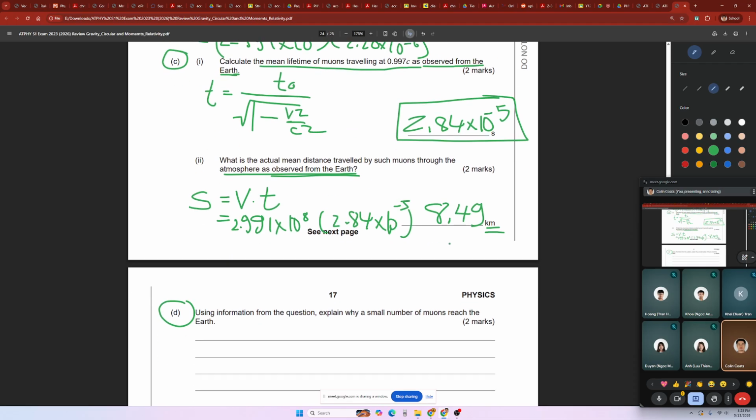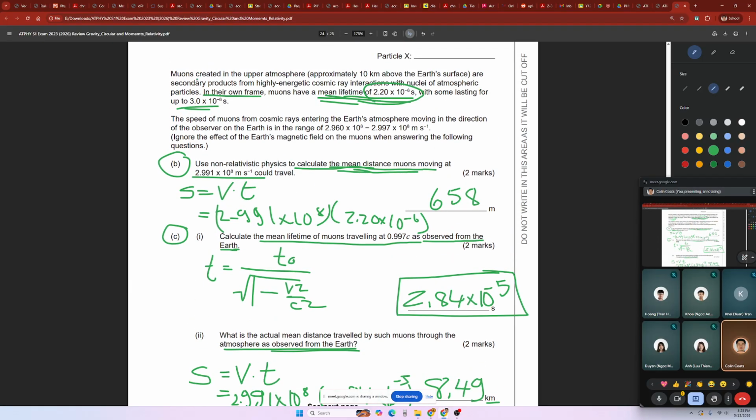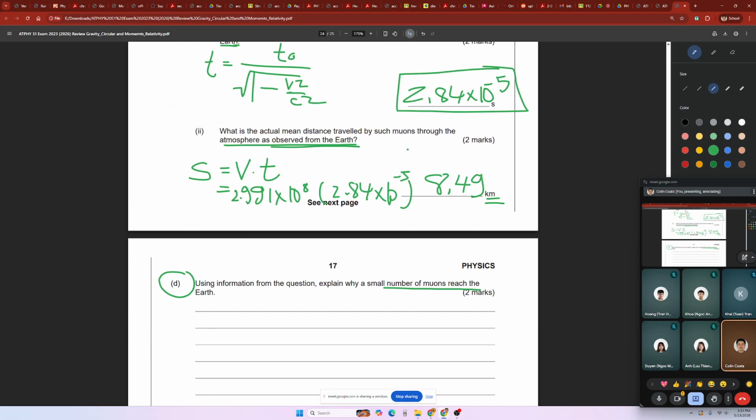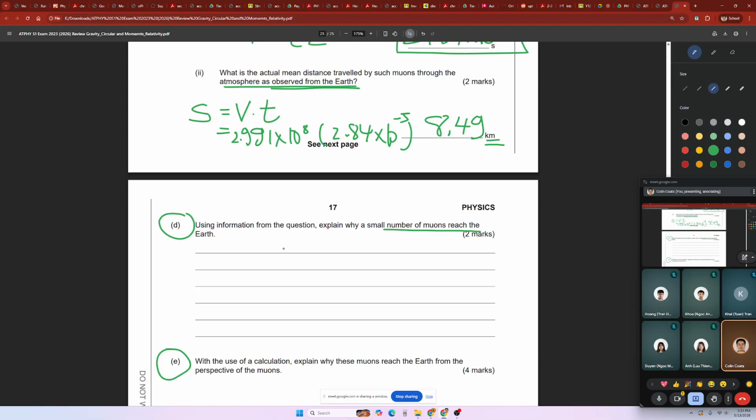Okay. Now, using information from the question, explain why a small number of muons reach the Earth. Wow. So I think from the beginning it says they don't last long in their own frame. Muons have a mean lifetime, the speed, and so on. Okay, it didn't really say anything, did it? Explain why small numbers reach. Okay. Well, according to Earth, or the mean time,